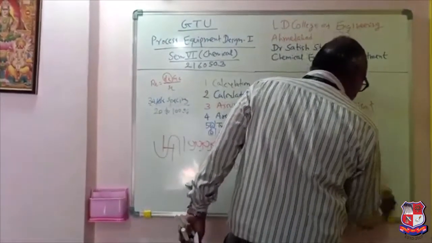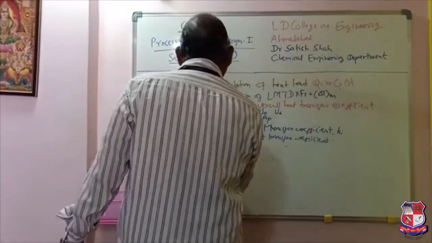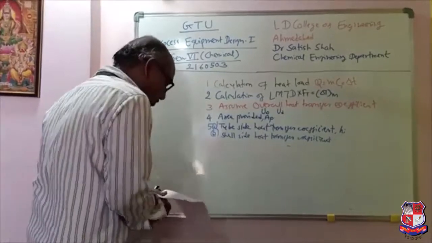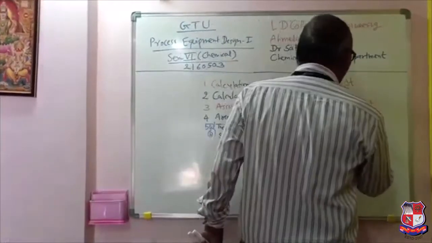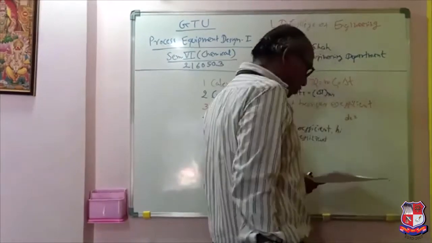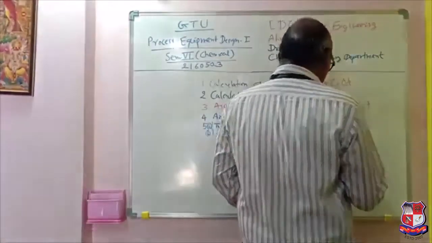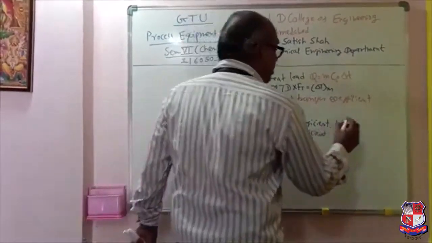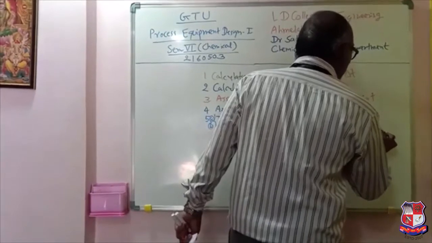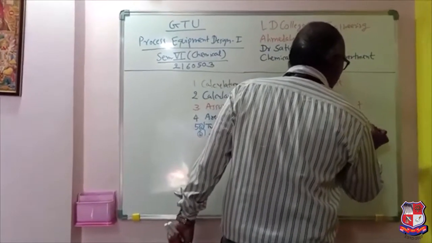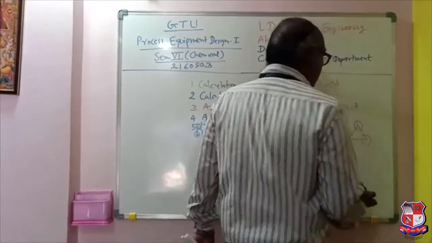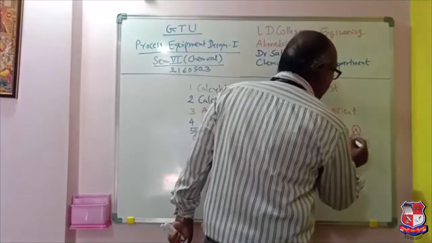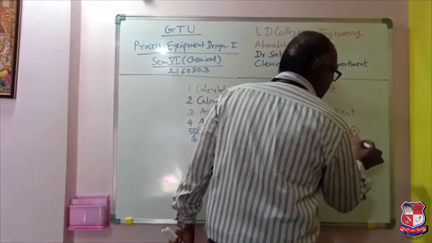I will explain here also for the triangular pitch. Again the formula will be the same, but let me first draw the figure. It will be like this. This is the 1st, 2nd and 3rd tubes, and if you join the centers, it will be exactly an equilateral triangle. This angle is 60 degrees. The flow area available will be something like this.